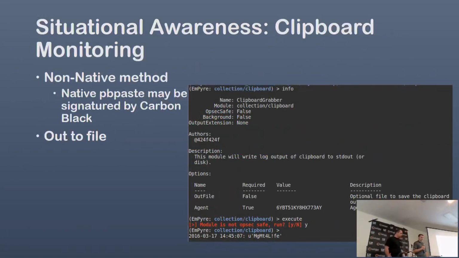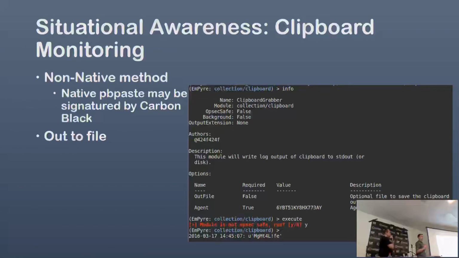We talked about this a little bit earlier. Steve touched on this. There are the PV paste native commands that are in play, but this actually, on our first Mac or OSX engagement, got us caught just because it was signatured by Carbon Black. So environments that are more mature and potentially have host-based IPSs like this, they're going to be signaturing for certain things. Now, this is kind of curious to me, just because in most environments, you're not going to catch basically keylogging taking place, but